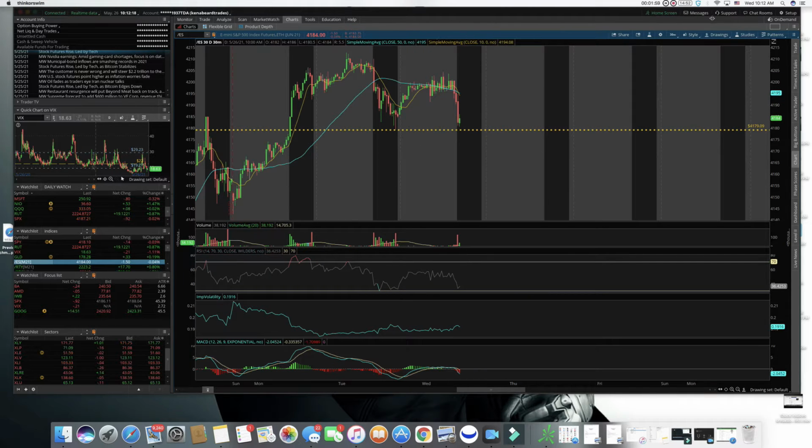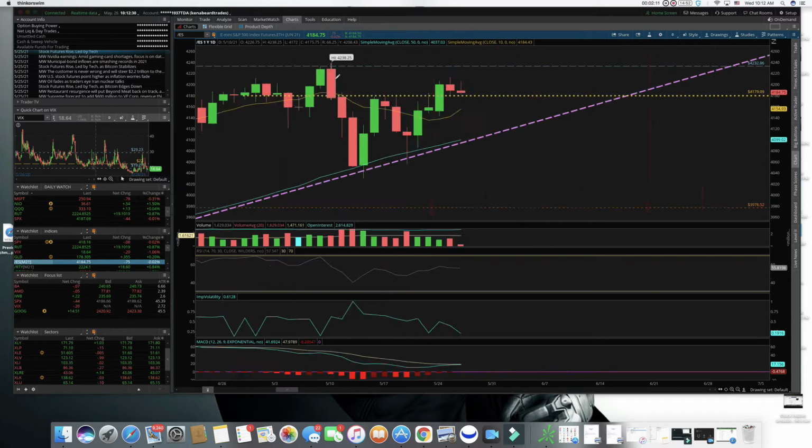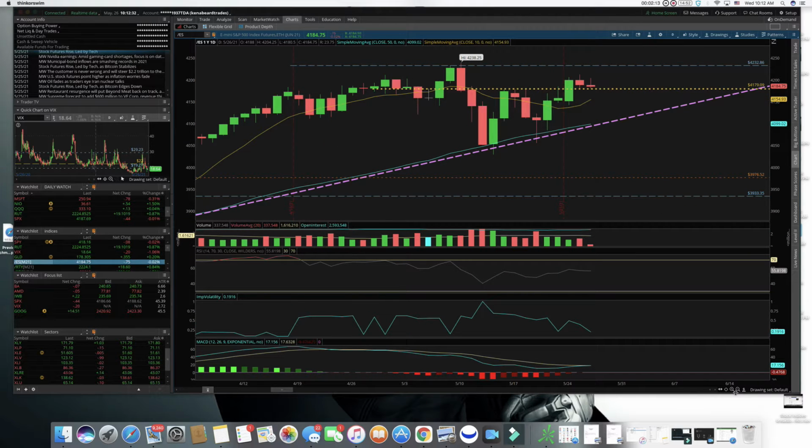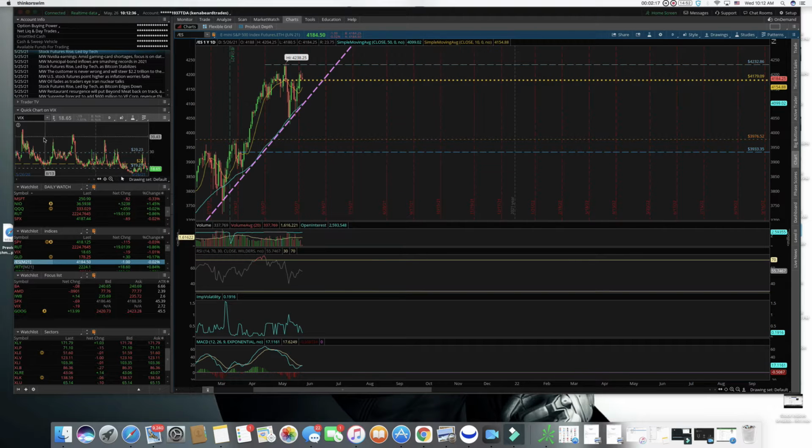So I want to keep an eye on that and see if maybe we can see some further gains to the upside for the ES, as it came down to some previous resistance, which could now mean support for the ES, and future gains may be back to all-time highs for our S&P 500 here.